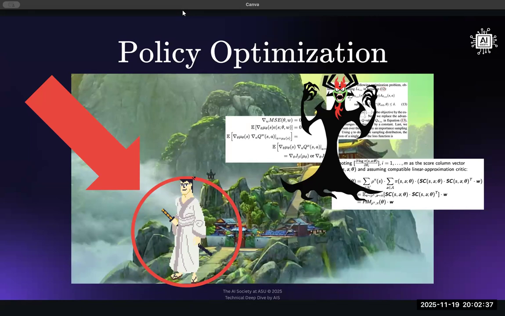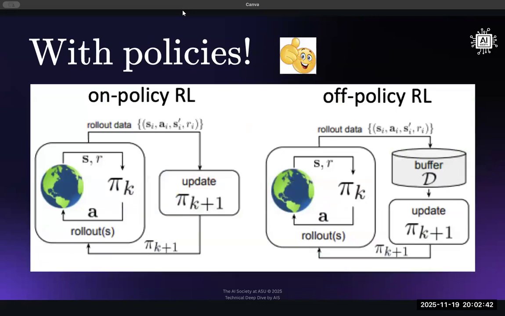But of course, learning all of this is hard. It's difficult. It's a lot of theory. But going back to on-policy, off-policy RL, I don't think I need to go over this. But just going over that, on-policy, you're directly interacting with the environment. Off-policy, you have a buffer, some data set that you interact with instead of the environment itself. So as I said, the robot cooking doesn't need to actually cook in the kitchen. He can just watch videos, or he can actually cook in the kitchen.